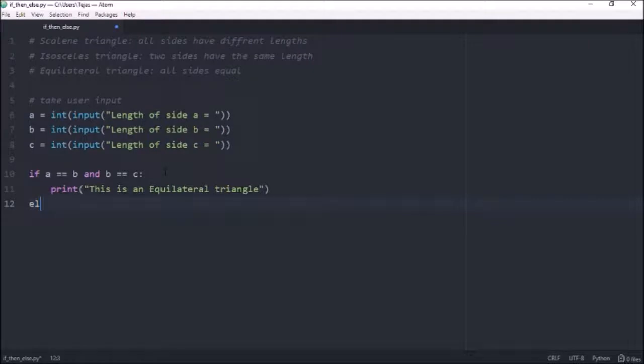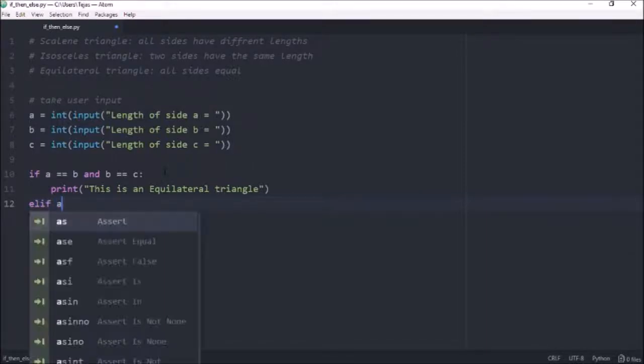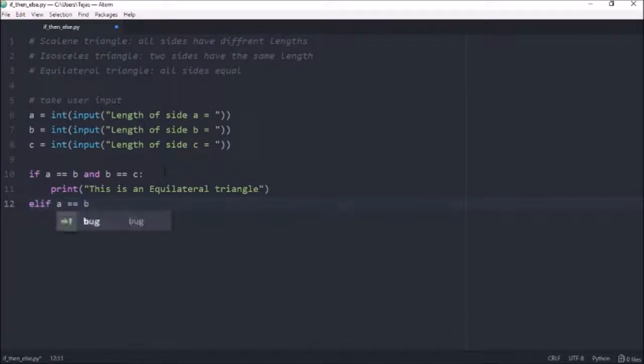So if it's not an equilateral triangle, we want to check if it's an isosceles, so we can do that by doing elif, and elif is basically else if, and then we want our condition in there. An isosceles triangle is where there are two sides that are the same, so we want else if A equals B or B equals C or C equals A. Then we end that with a colon, and if that's true we want to print isosceles triangle,